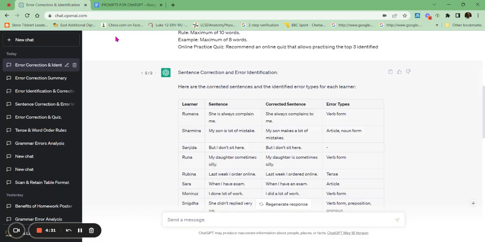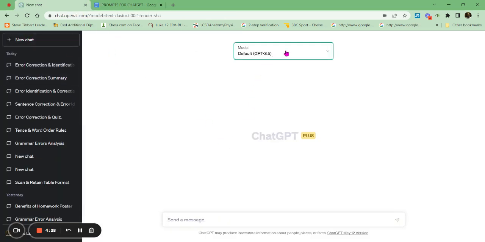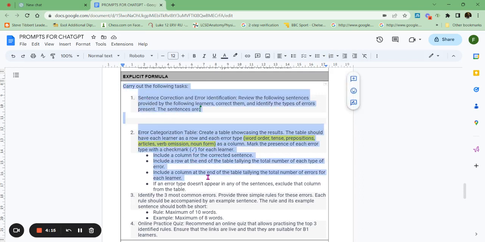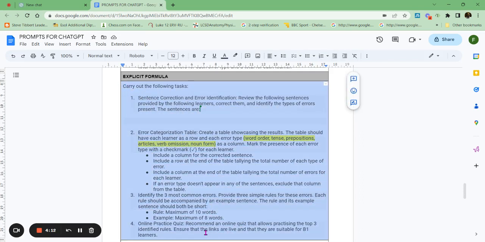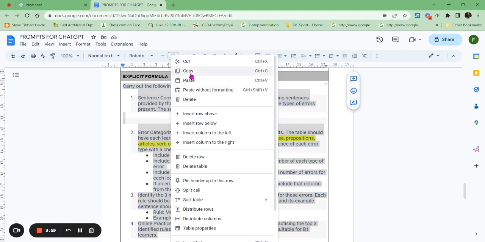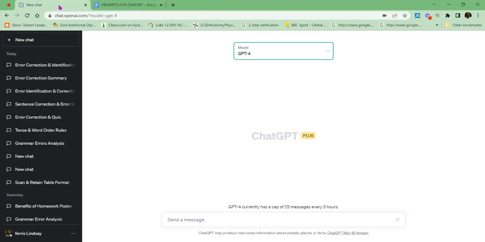So let's go to ChatGPT, make a new chat, and go to the GPT-4 iteration. I'm going now to look at a set of instructions that I devised earlier. You have to be very explicit and careful in the way in which you script or make a formula for ChatGPT. We want to make sure that it does exactly what we've asked it for. So I'll copy this and paste it into